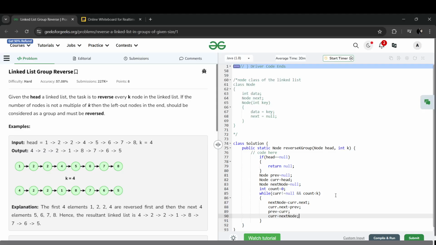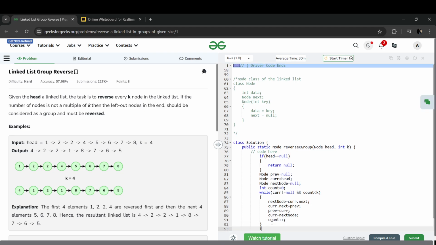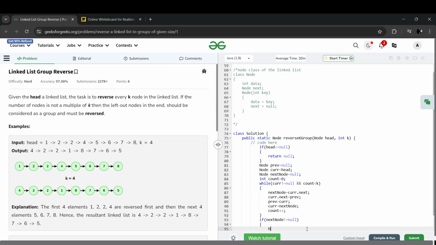After this I will be incrementing my count value, and if my next node is not equal to null, in that case my head dot next will be set to the result of recursively calling on the next node along with k, so that we can connect it at the end.